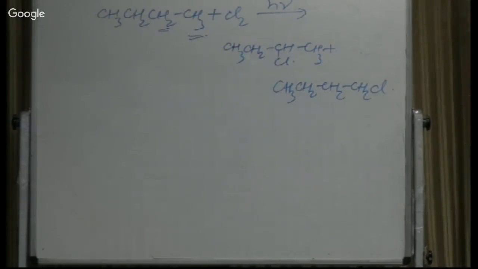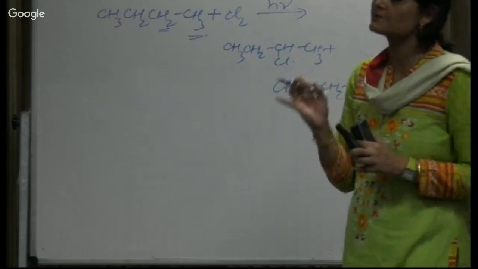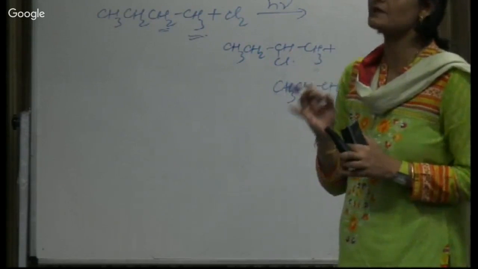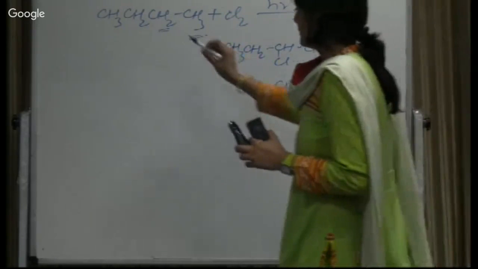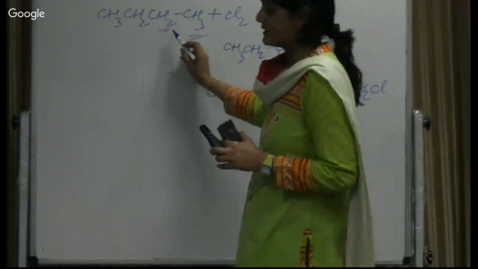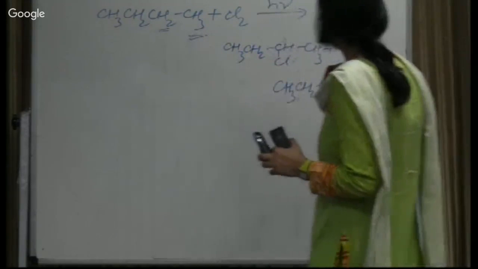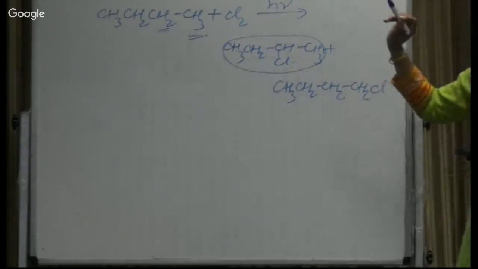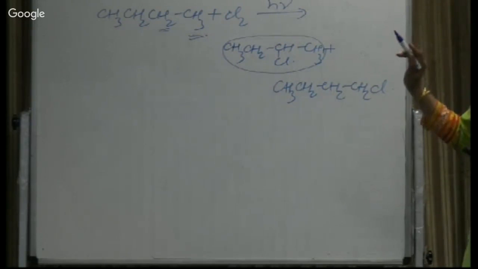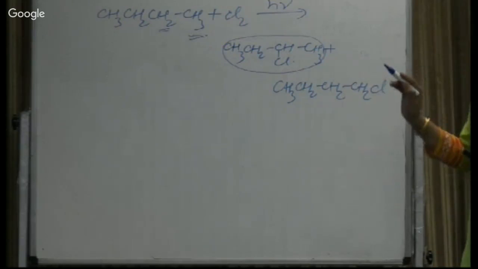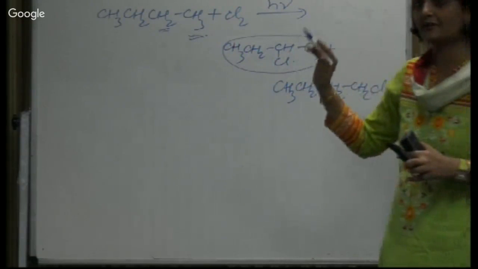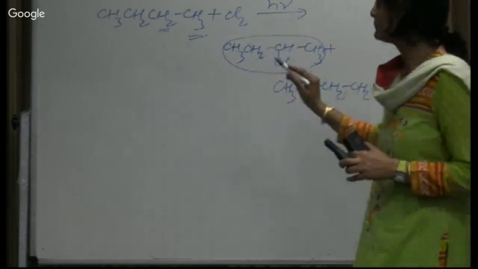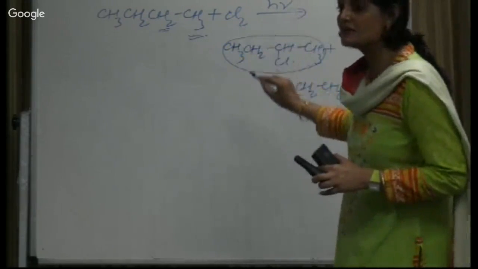The major product here is the one where the hydrogen attached to the more substituted carbon is being replaced. This is the secondary carbon and this is the primary carbon. So the major product will be the one where the hydrogen attached to the secondary carbon is being replaced. Okay? Because I have already told you that the ease of replacement is tertiary greater than secondary greater than primary. So it is the intermediate stability which governs the